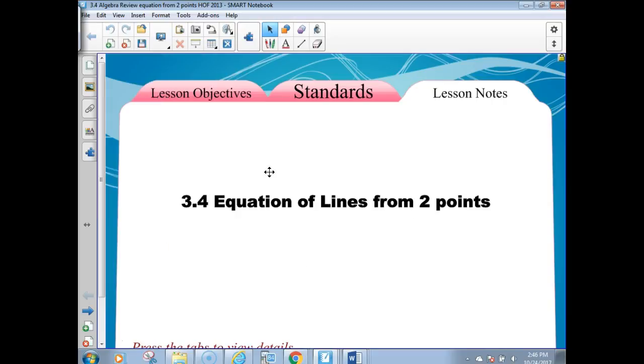Today, we are going to finish up writing equations of lines. Today, we will do that from 2 points. We are going to then complete our ISN as far as we can up until the very last section that we'll be working on tomorrow. Tomorrow will be our last section, 3.5, and then we're also going to review for a quiz through 3.4, and